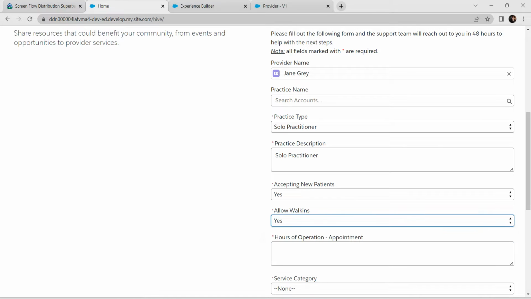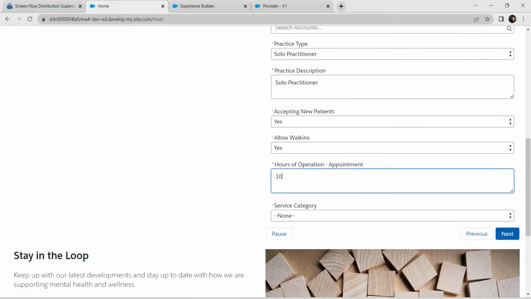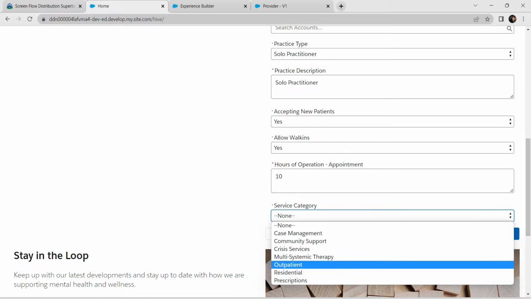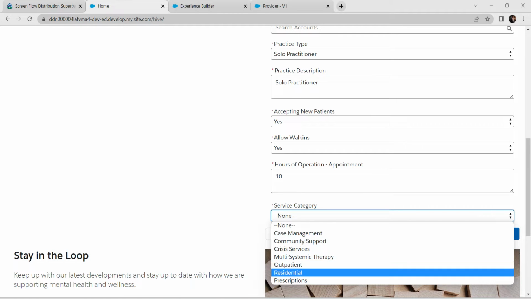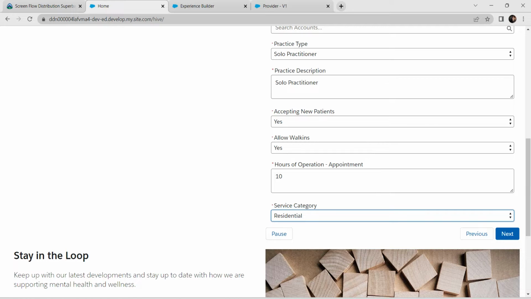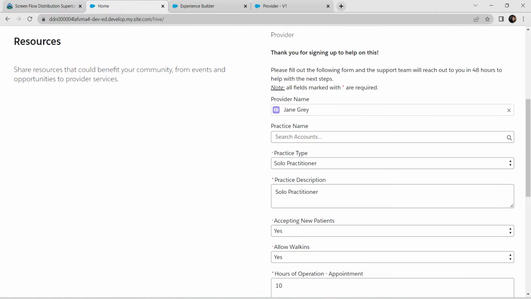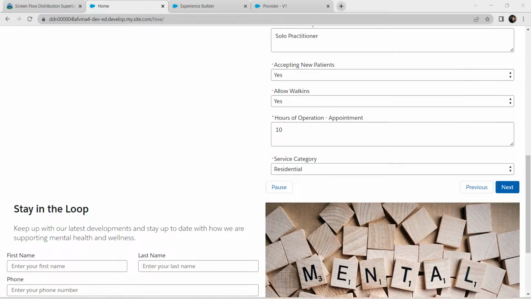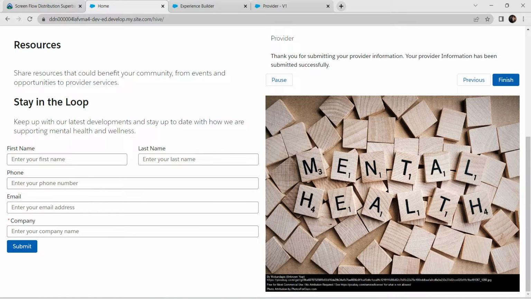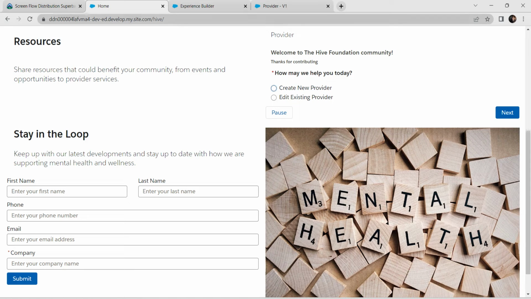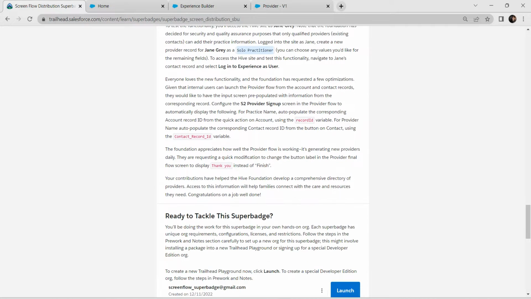and here also S. Also for operation we can give anything of our own, so I'm giving 10 hours, and service category as anything, so let me give this as residential. And we have to make sure that we have given all the marked mandatory fields over here. We have done that, and click on next and finish. So now let's go back to our flow, and here